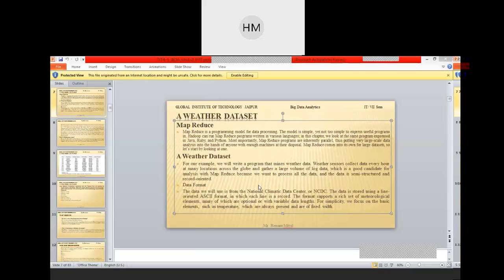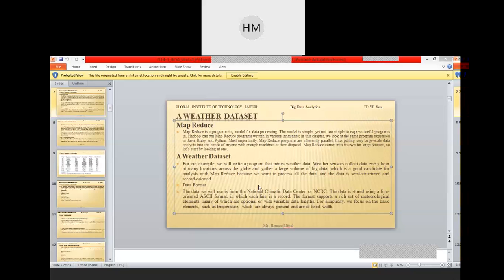The data we will use is from the National Climate Data Center (NCDC). The data is stored using a line-oriented ASCII format, in which each line is a record. The format supports a rich set of meteorological elements, many of which are optional or with variable data lengths.